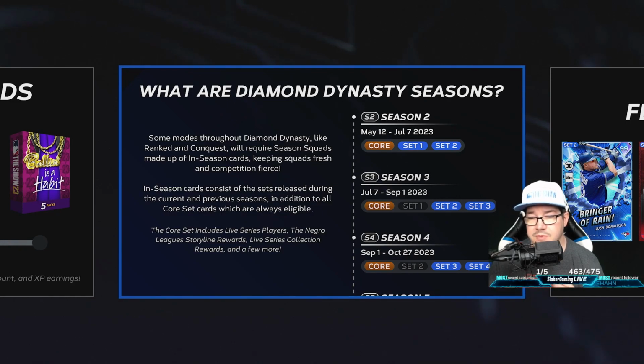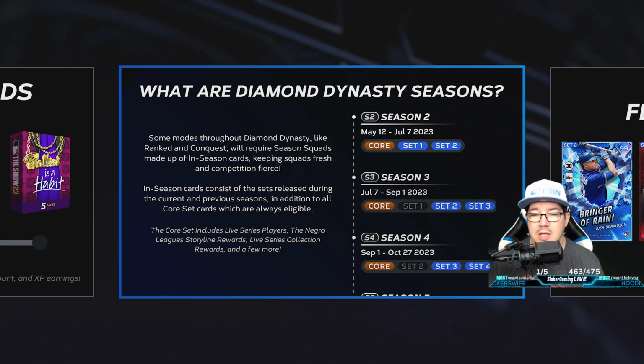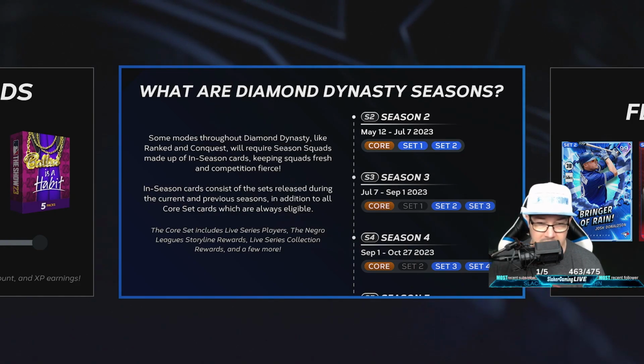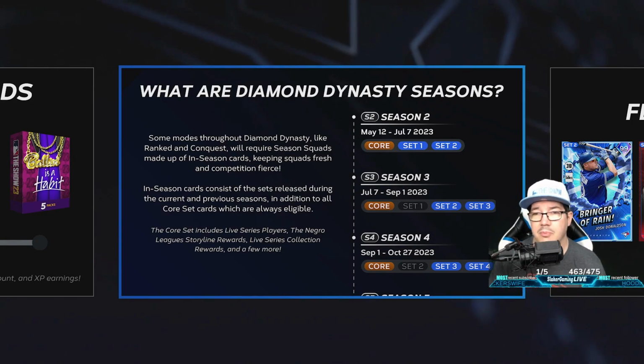You can also end up selecting one to bring along with you. Say you worked your butt off and you really like a card that doesn't fit any of that, you will get a chance to bring one with you, but again, only really one. So you can't bring all of your great players from set 1 into Season 3. At Season 3, you have to either use set 2, set 3 players, core players, or players that are outlined